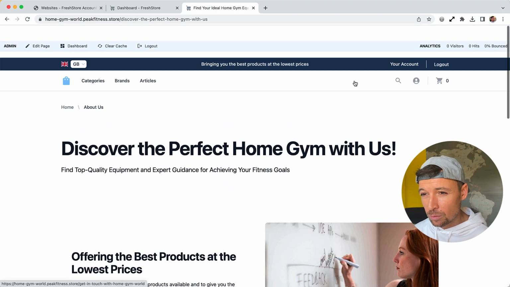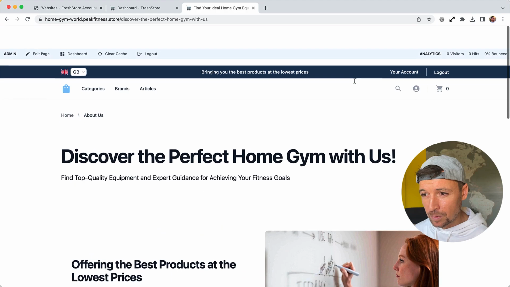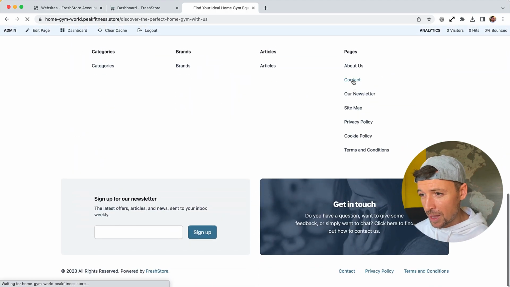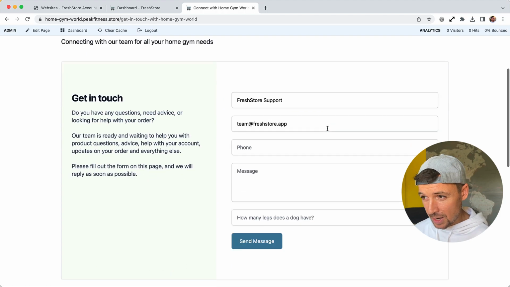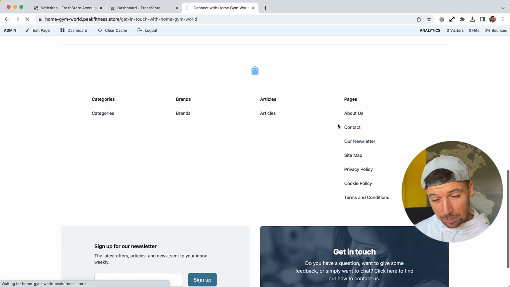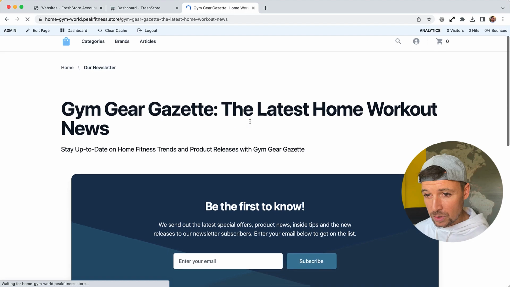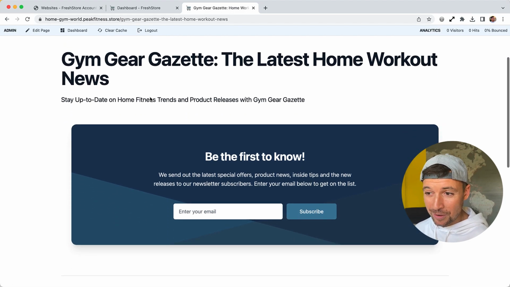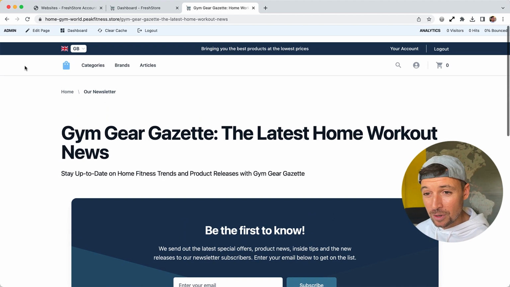If we have a look at what page are we on, if we have a look at the contact page, this is another one where it generates some content. Again, it's using the title, etc., and our newsletter page. So yeah, Gym Gear Gazette, the latest home workout news. So it's come up with an idea of a title even for the newsletter. So really cool stuff. Now, if you don't like any of the content,